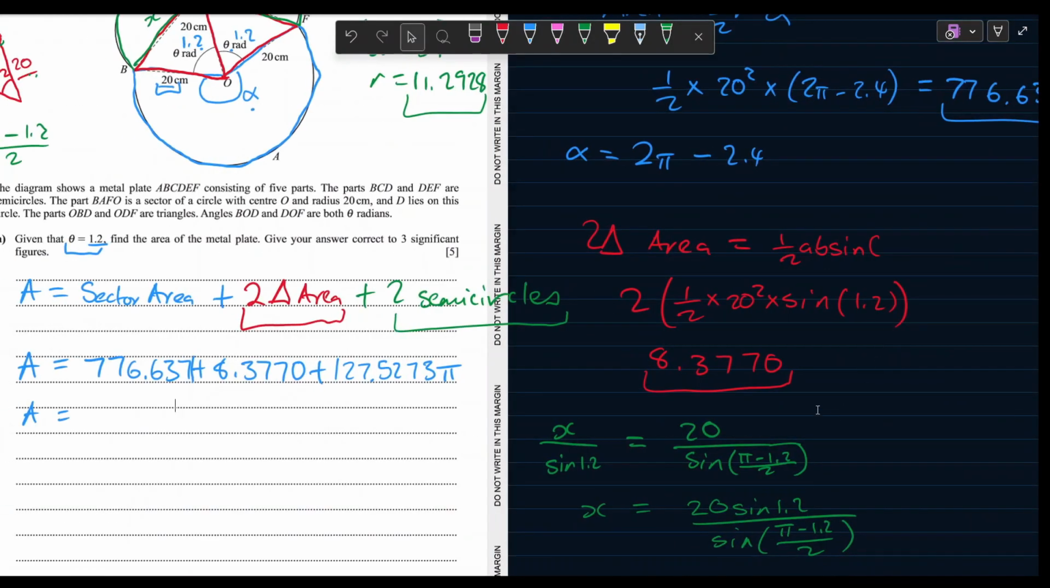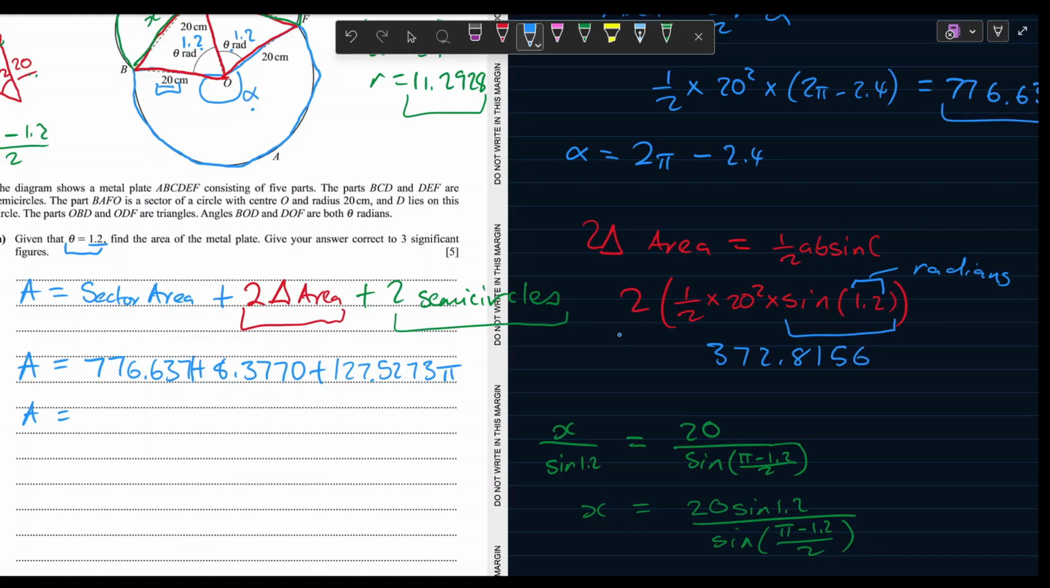Alright, I think I made a mistake in evaluating the area of our two triangles. So let me punch that into the calculator. That's 2 times 1 over 2 times 20 squared times sine of 1.2. And this gives us... I think I might have used my calculator in degrees. So be careful there. Make sure that your calculator is in radians before you evaluate the sine, because this angle here is in radians. Okay, so it means that the area of our two triangles here is going to be